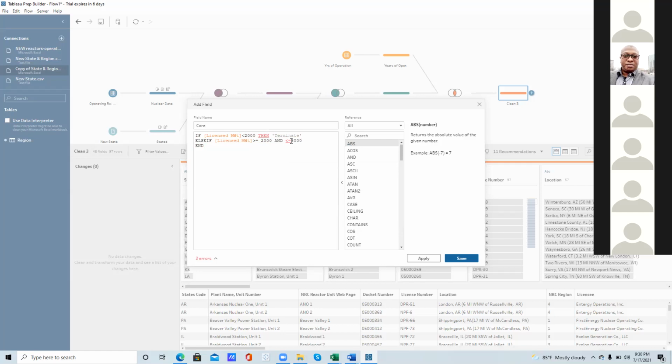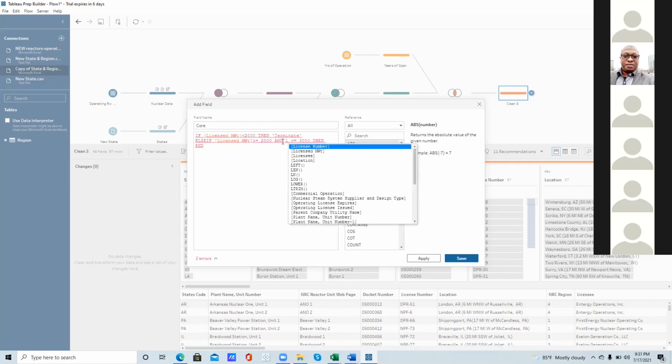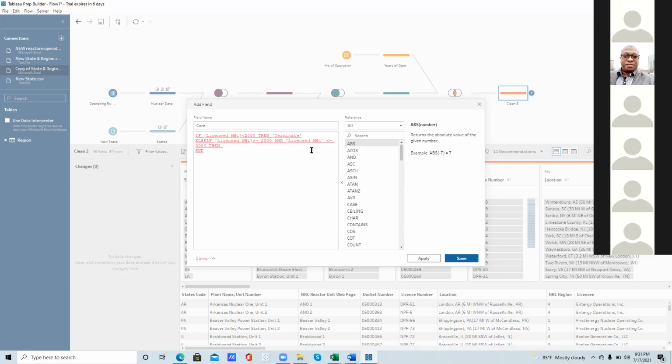Then relocate. That will not work. You have to say license megawatt greater than 2,000 and license megawatt less than or equal to 3,000.